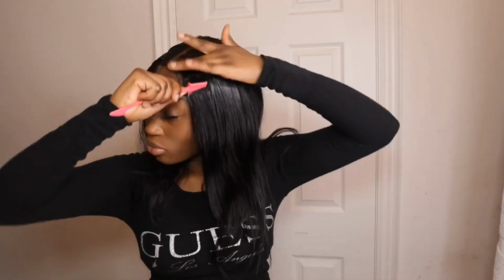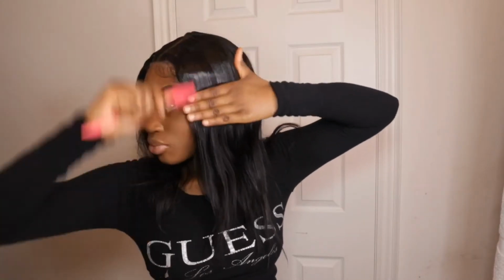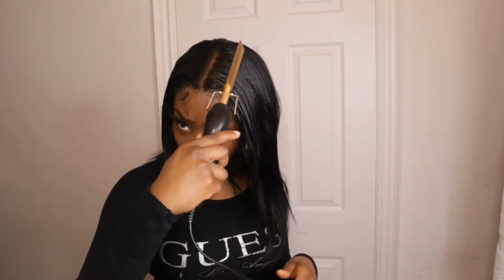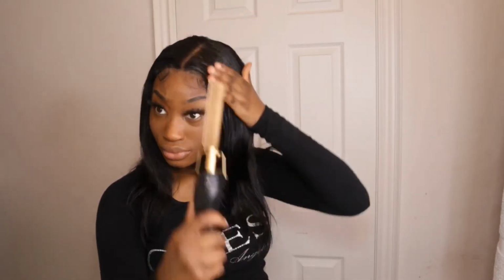So about this hair, it is completely amazing. It is great. It straightens nicely, it curls nicely, and it does not build up when I put a lot of product on it, like the wax for example. It does not become stale right away, because I know with some straight wigs the quality is not that great, so when you apply a product it will stale up pretty easily. But at the end of the video, once you see me straighten it, you're gonna see that it's sleek